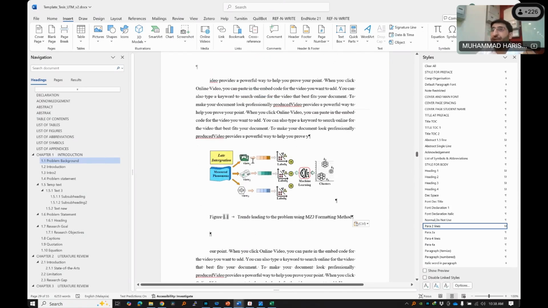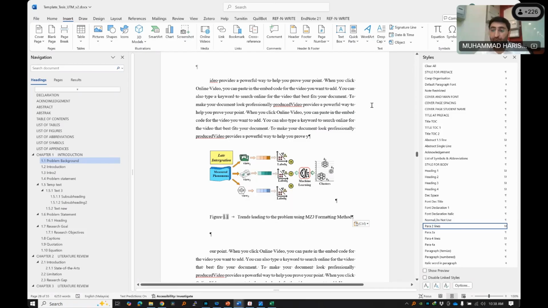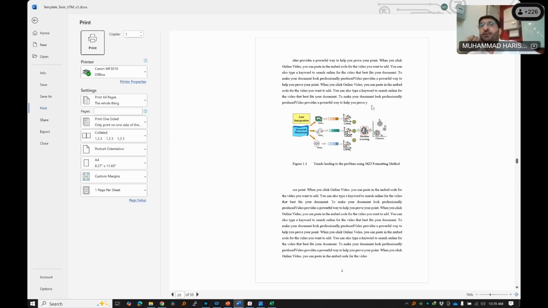Once you include the figure, you just need to press Control P, which is like printing. So I'm actually telling Word. Some people right click on this one and then update each and every field. Okay, I don't do those things. I just press Control P. With Control P, I'm actually telling Word that I'm printing the document. I'm just playing with Word. Word actually checks each and every automatic thing in the document and fixes it, and then gives you